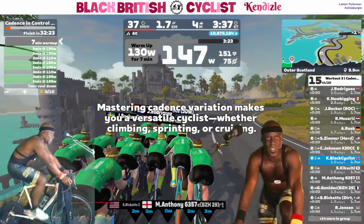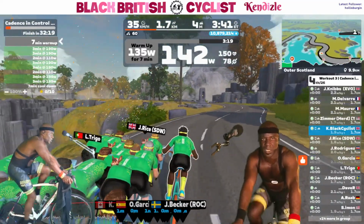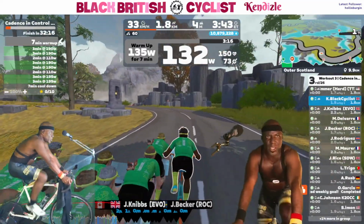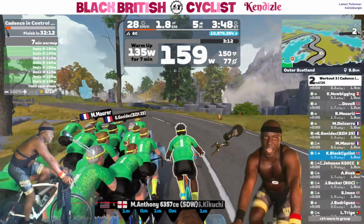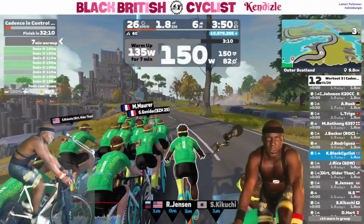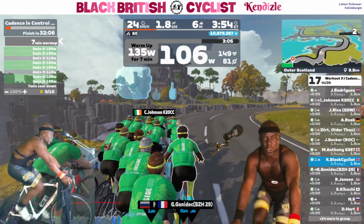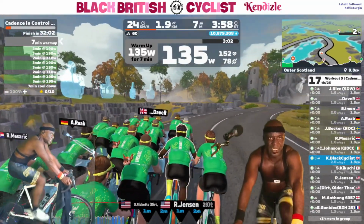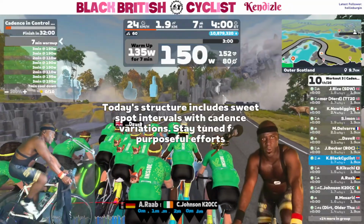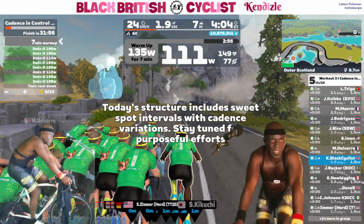This is one of the workouts that are included in your Zwift membership. You can get to it from the main menu. Just select workouts. You can join workout plans, do individual workouts. If you've got time to kill but you want some sort of structured cycling, pick one of the workouts. They're designed by fully qualified trainers, coaches and cycling athletes,